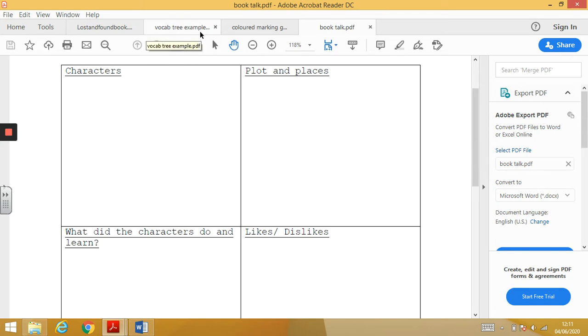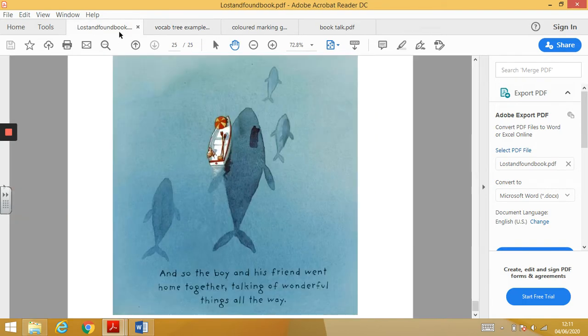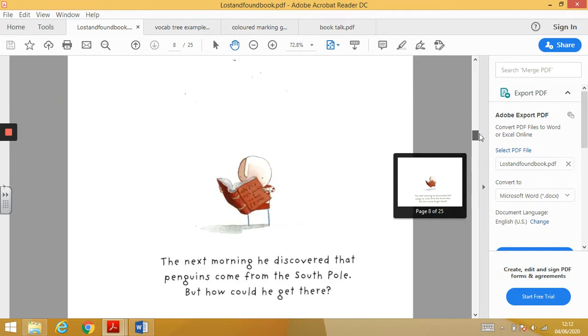On Friday this week, you're going to create your very own vocabulary tree. Now, we've just given you an example here to show you. It doesn't have to look exactly the same, but the idea is that all of the leaves on your tree are different words from the story, and your big focus is going to be on the verbs, the doing words, because you'll notice there's quite a nice range